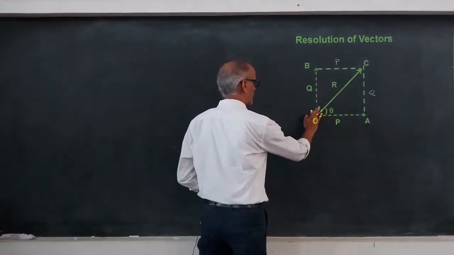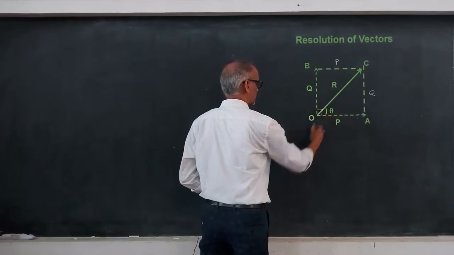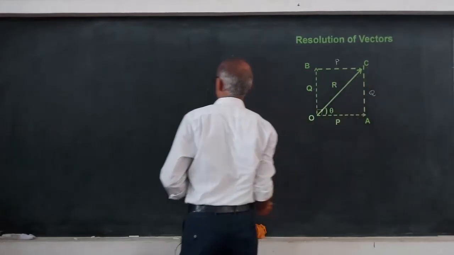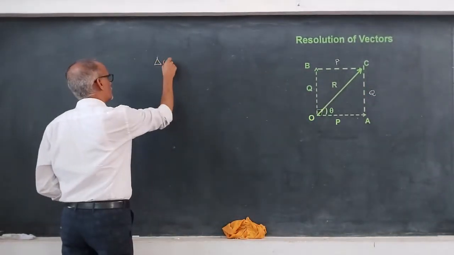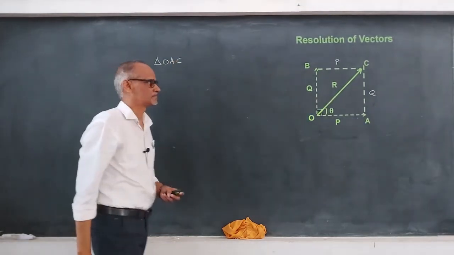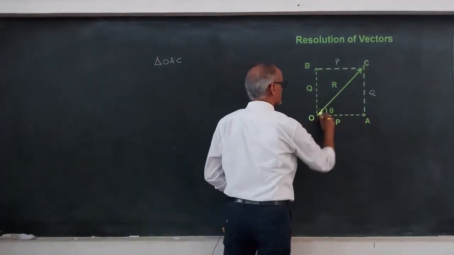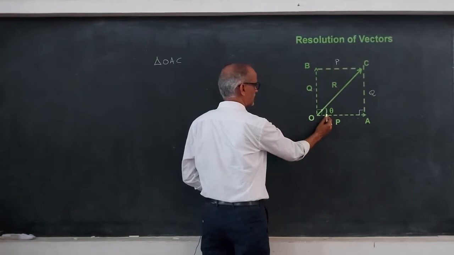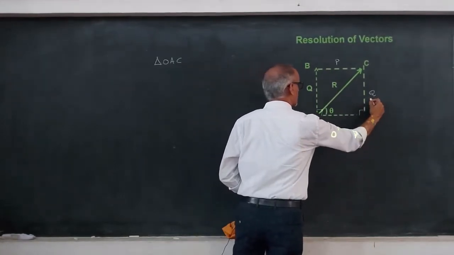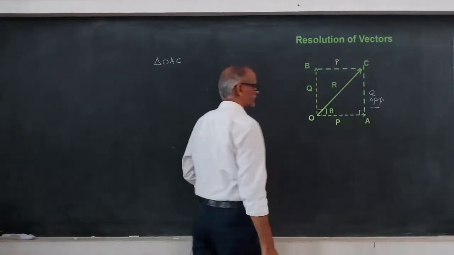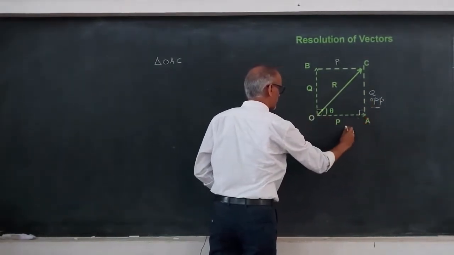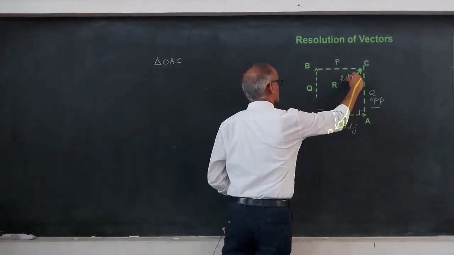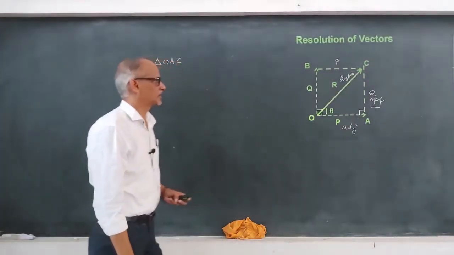Okay. Now let us use a right angle triangle. The right angle triangle, this one here is 90 degrees, correct? Now the right angle triangle is O, A and C. Triangle OAC. So this is a right angle triangle. The 90 degrees is here. If this is the angle, the side opposite to the angle is called the opposite side. The side perpendicular to the opposite side is called the adjacent side. And the remaining is the hypotenuse. Correct?